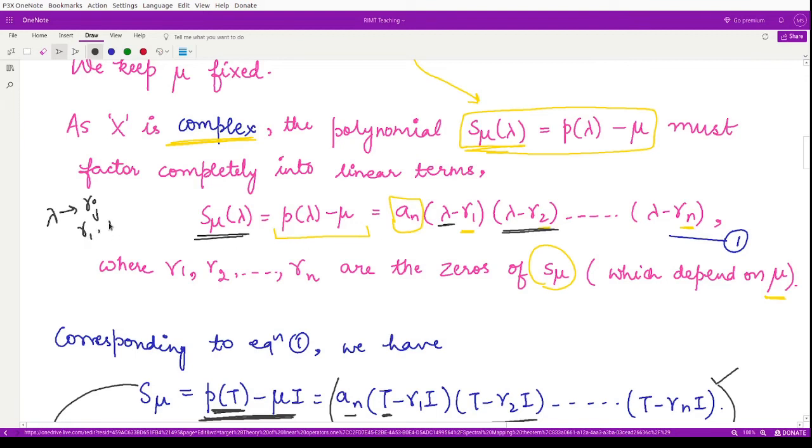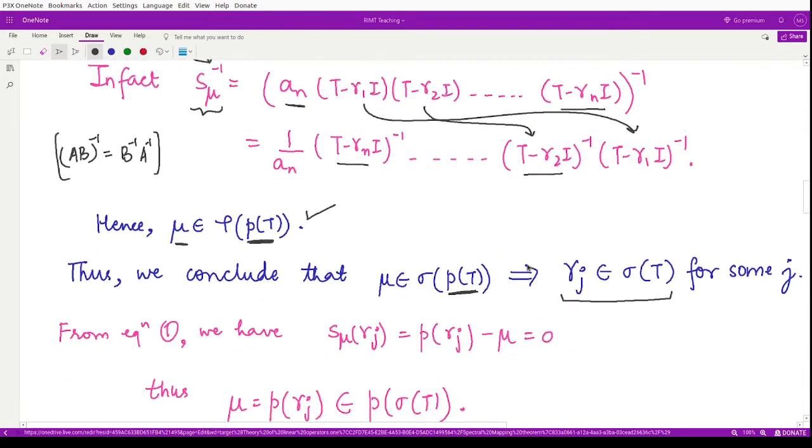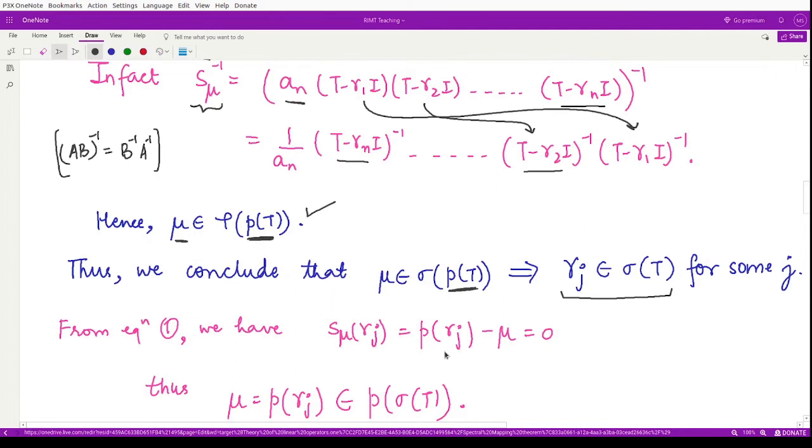And if we substitute gamma 2 here, that means we will have S mu of gamma 2. So that would be P of gamma 2 minus mu, that would be a_n into (gamma 2 minus gamma 1)(gamma 2 minus gamma 2) up to (gamma 2 minus gamma n). So therefore we again have 0. So if we substitute gamma j for j varying from 1 to n, every time we obtain a 0 because a linear factor is present here. So therefore we say that S mu of gamma j, which is defined by P of gamma j minus mu,